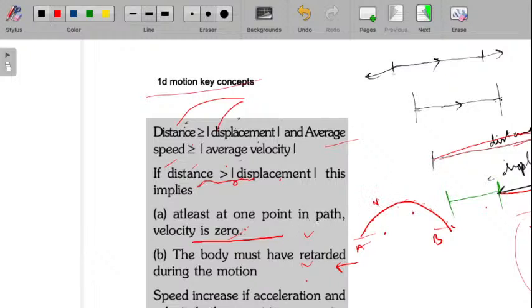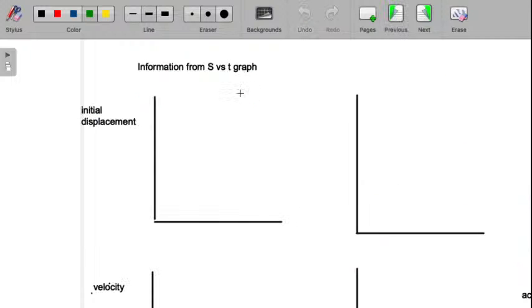Velocity is never zero here, but still the distance is shorter than displacement, because the displacement is going to be the shortest path between A and B. So we notice that this doesn't apply for 2D motion, because this is a 2D motion going in two dimensions, whereas you can see this is specifically for 1D motion. Okay,